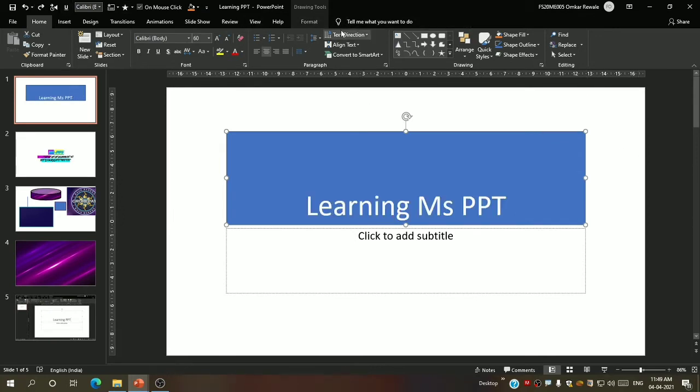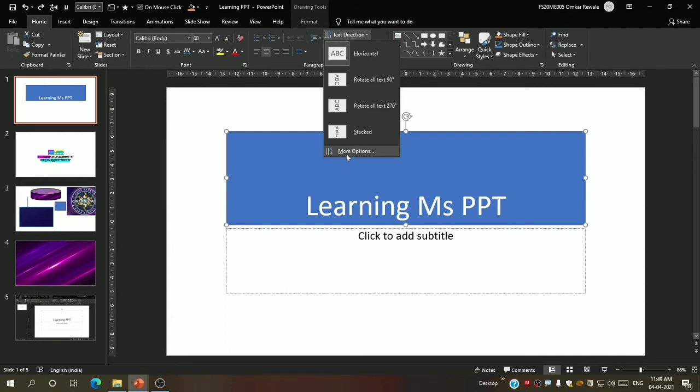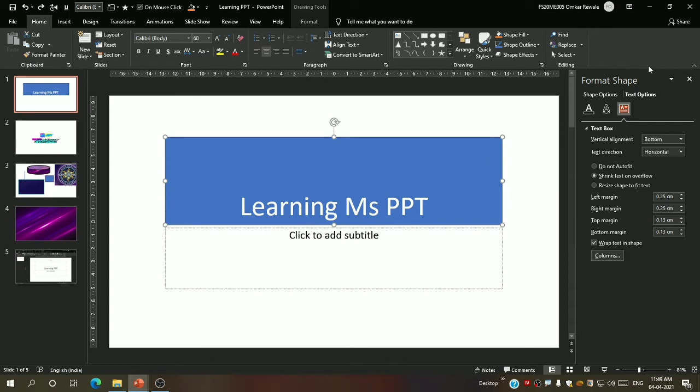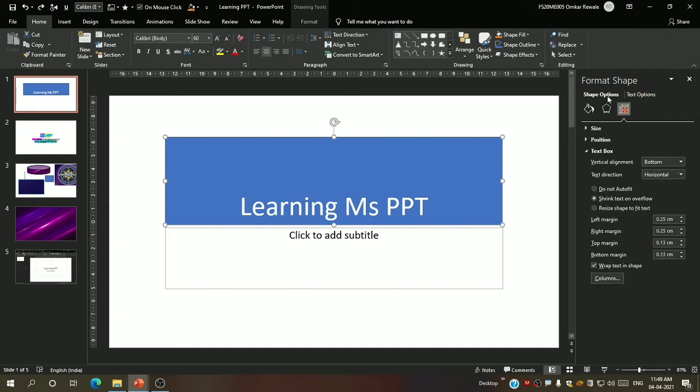Again undo. Well, you can also customize that by choosing more options. Obviously more options will take you to the format shape only, so you can change it from here also. This is the shape options. We learned about the shape options, and we have to learn more about that. We will learn that later.